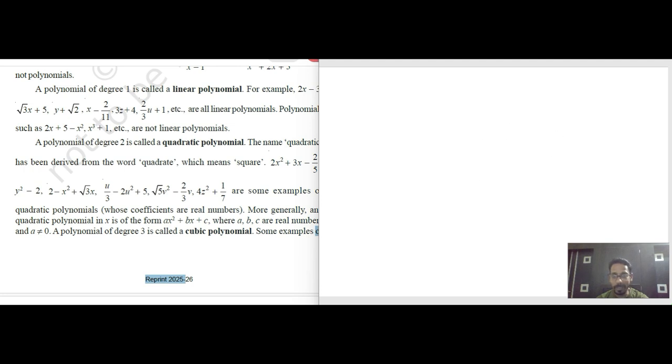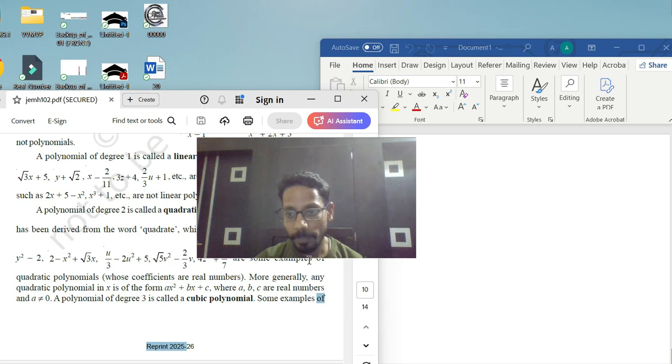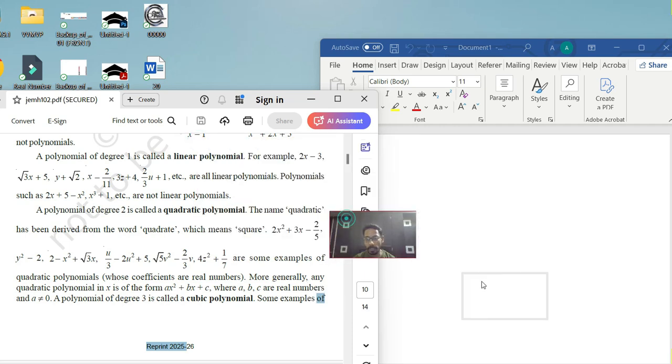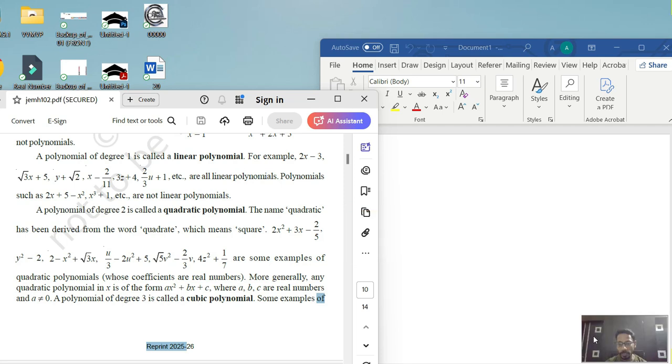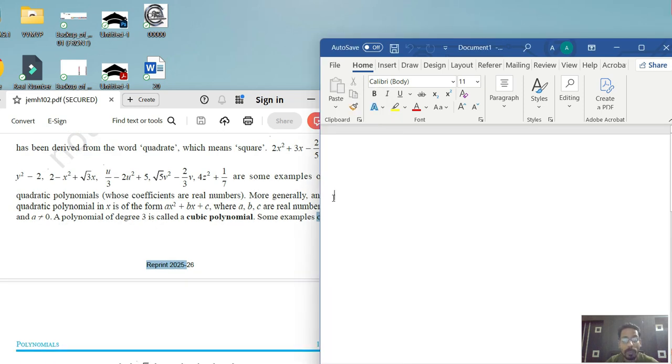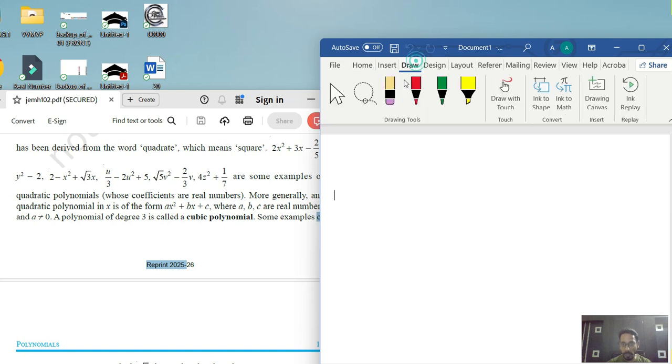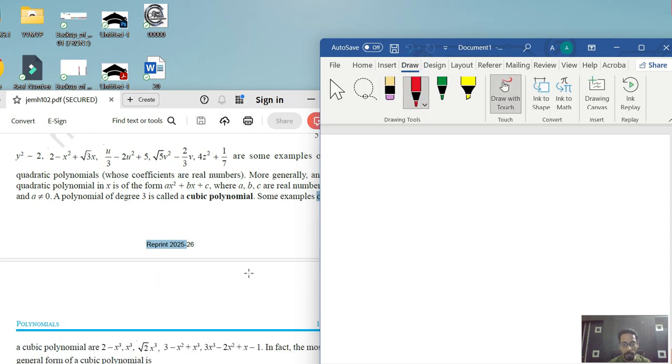पॉलिनोमियल 9th क्लास में भी आपको पढ़ना था। तो सबसे पहले हम लोग इसमें ये डिस्कस कर लेंगे फिर से कि पॉलिनोमियल होता क्या है, और उसके बाद फिर ये डिस्कस करेंगे कि क्या क्या क्वेश्चन दिए गए हैं, उसका सॉल्यूशन क्या क्या होगा। What questions are given in NCERT book, how to solve it. तो चलिए हम लोग पॉलिनोमियल को डिस्कस करते हैं। उसके पहले हम लोग ये जान लेना चाहेंगे कि what we have to study in